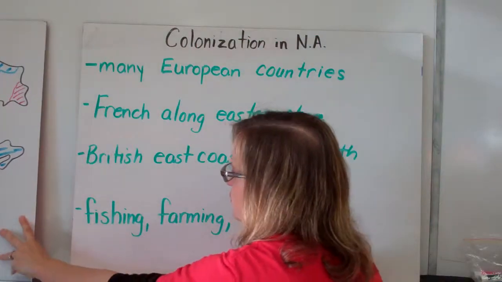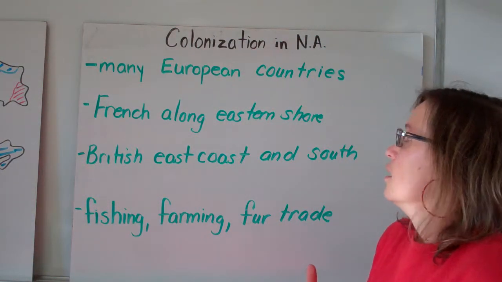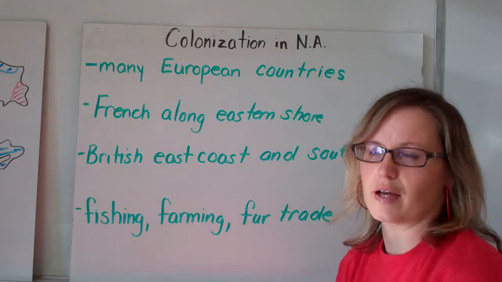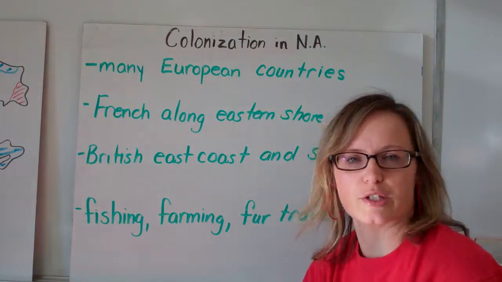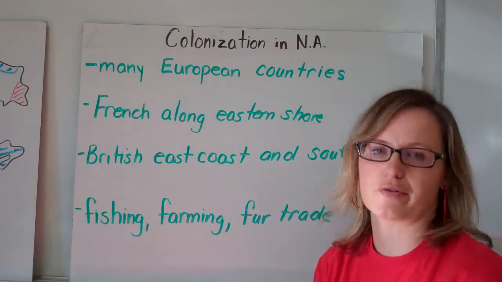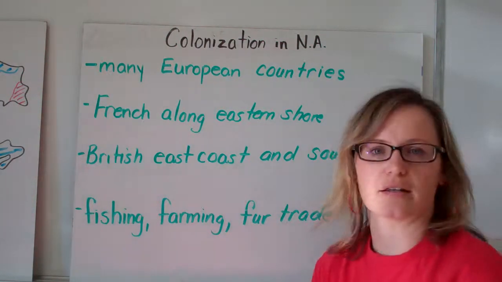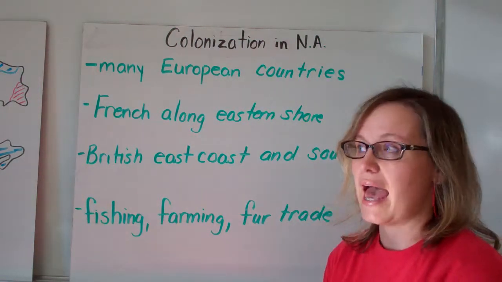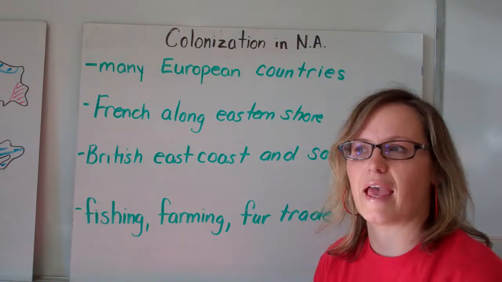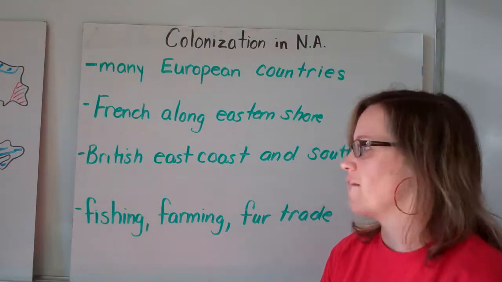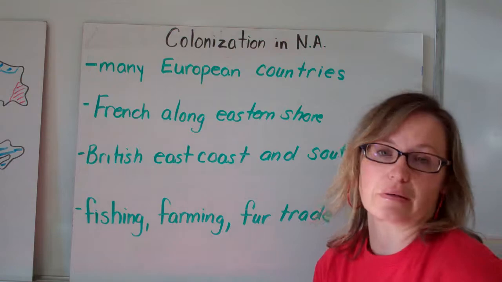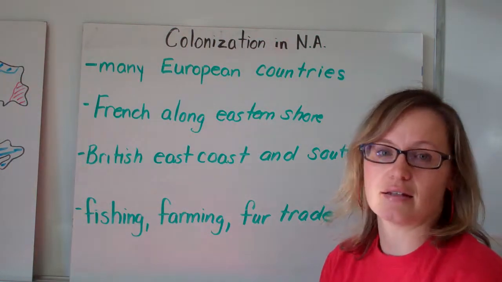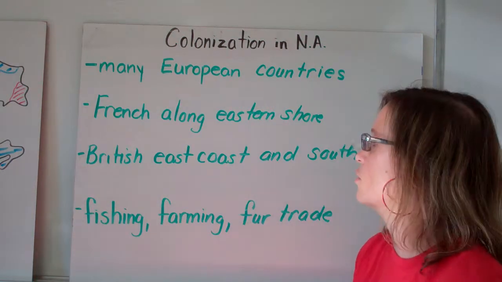Okay. So there was an increase in colonization in North America at this time because many of the European countries were in the same position as France. They were running out of resources. And they wanted to continue that cycle of mercantilism. They wanted to make money. They wanted to increase wealth and to gain power. And even without social networking, they found out about this new world. And they found out about the resources there and the ability to make money. So more European countries began to venture across to settle and to trade in this new world.